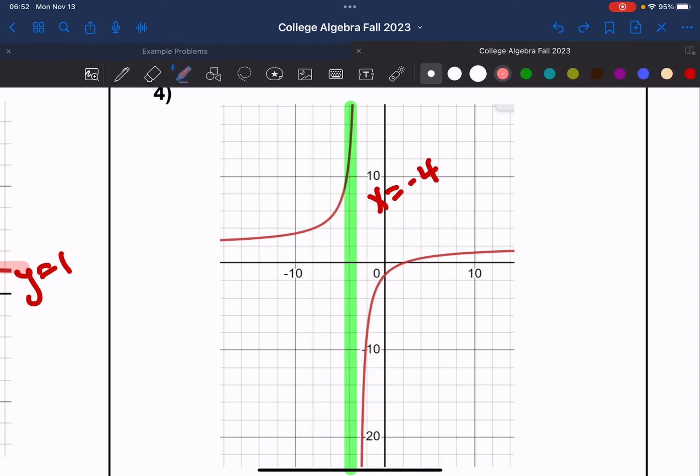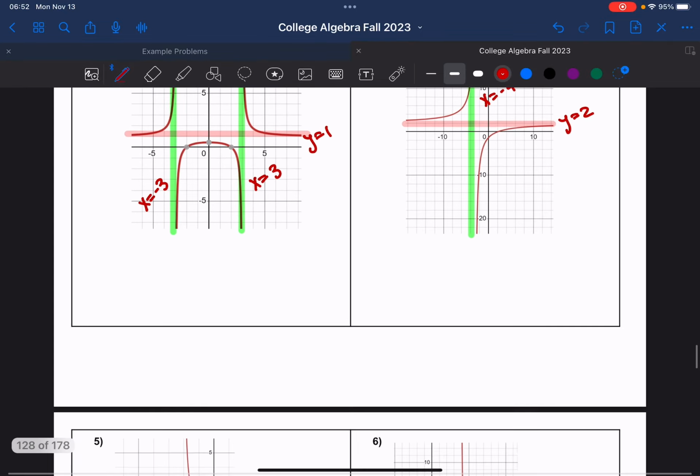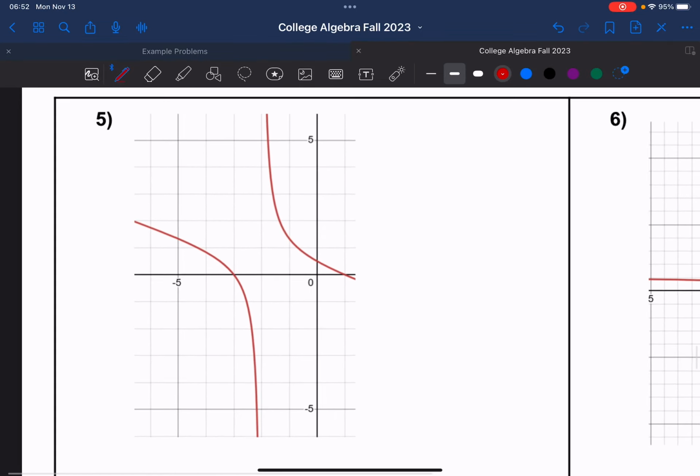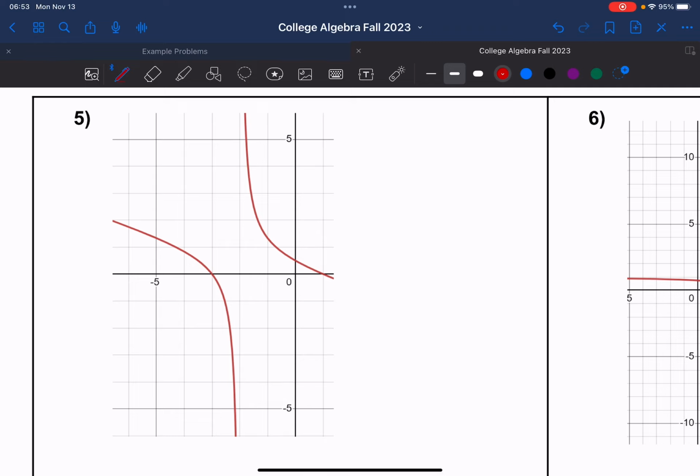2. So y equals 2 right here. Okay. What do we notice about number 5? Good. The horizontal is going to be hard to get because